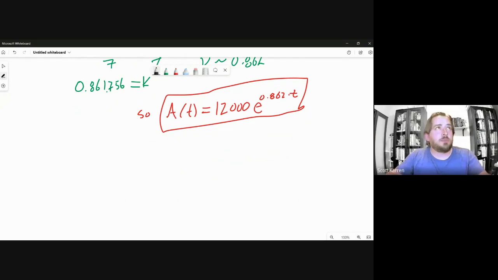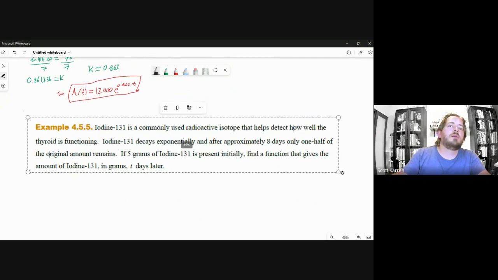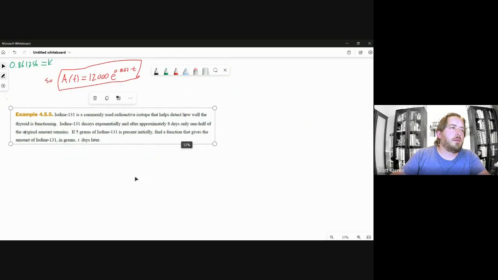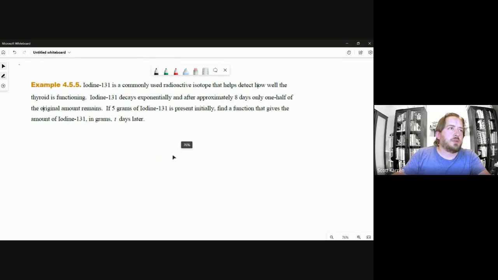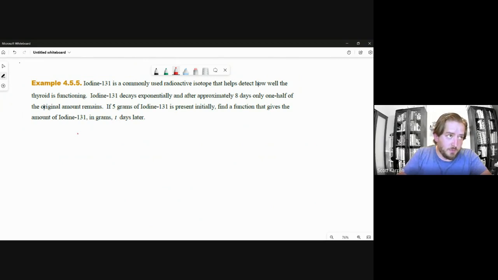So let's look at a decay problem here. We have iodine isotope 131. Iodine 131 is a commonly used radioactive isotope that helps detect how well the thyroid is functioning. Iodine 131 decays exponentially, and after approximately 8 days, only 1/2 of the original amount remains. If 5 grams of iodine 131 is present initially, find a function that gives the amount of iodine 131 in